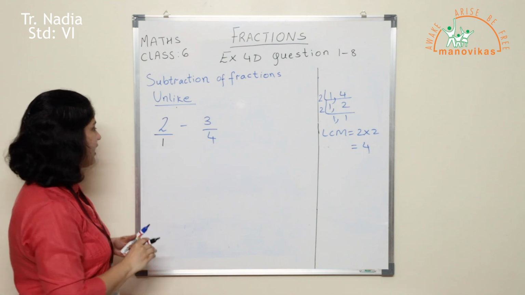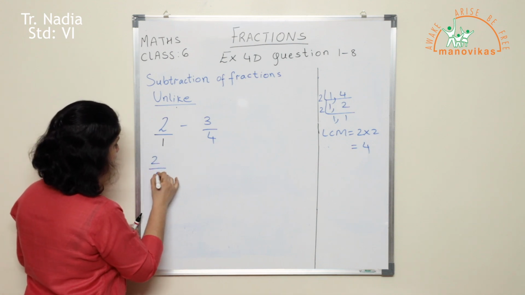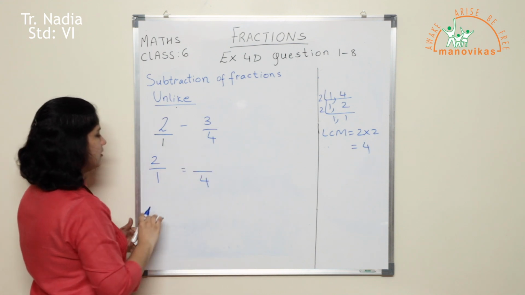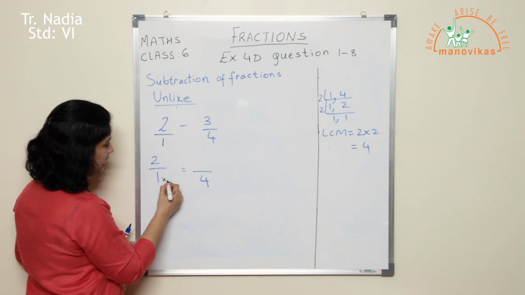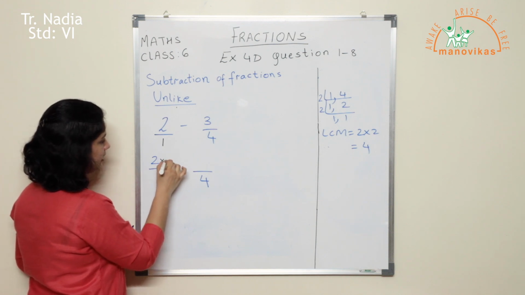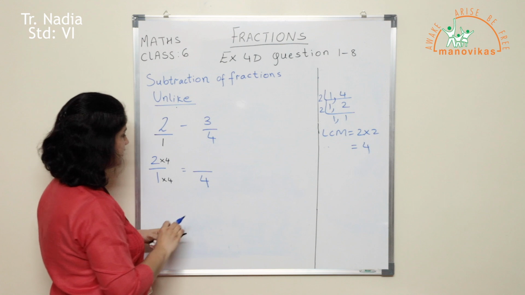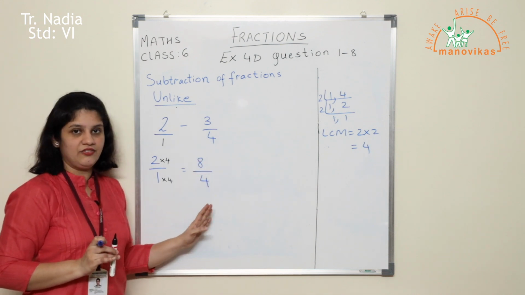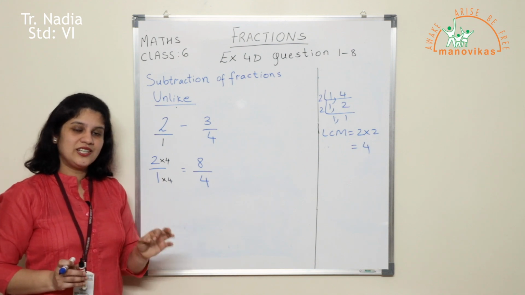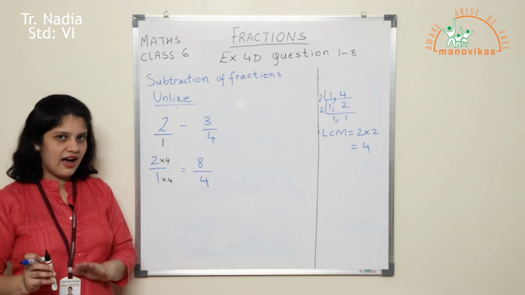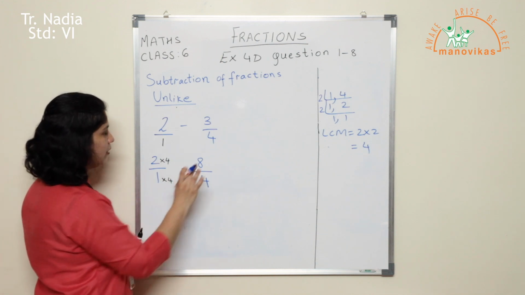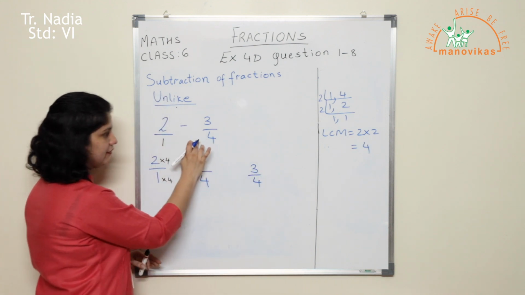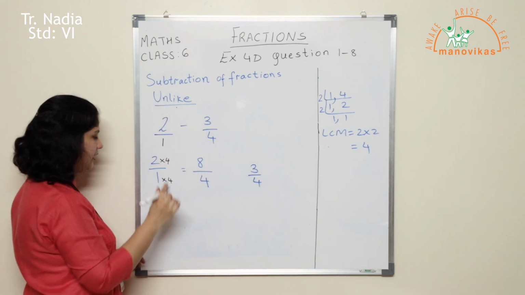Next step, make both the fractions like. So I will take the first fraction, 2 upon 1, and I have to make the denominator 4. So 1 will be multiplied by 4. So the same thing in the numerator as well. 2 4s are 8. Okay, please remember children, don't do any reducing here. We are not done with the sum. Reducing is only done with the final answer. So I have got 8 upon 4. The second fraction is already upon 4, so I don't have to make any changes in it because the denominator is already 4.